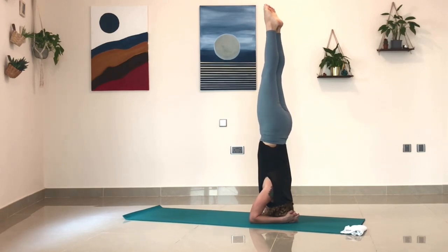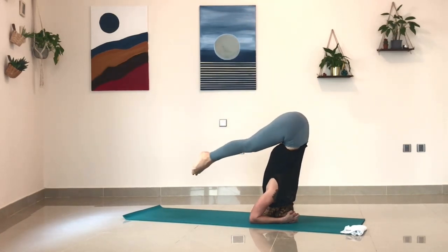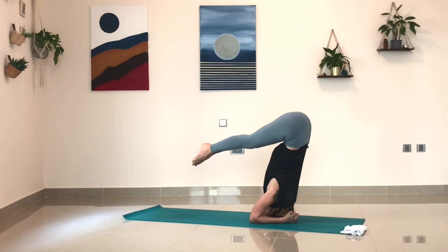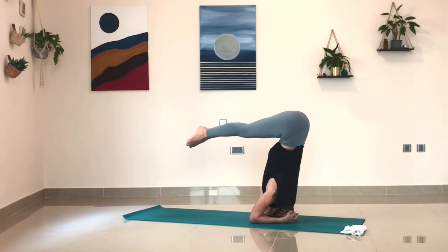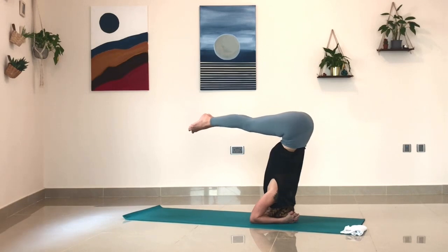10 here. 10, 9, 8, 7, 6, 5, 4, 3, 2, and 1. One time we come back up, and then exhale, you come down for this child's pose position,